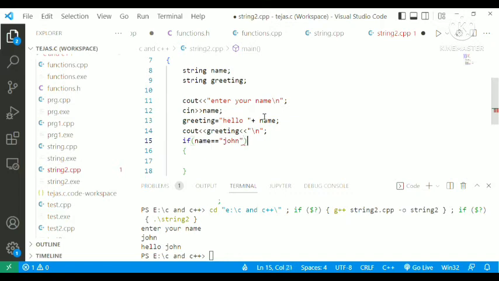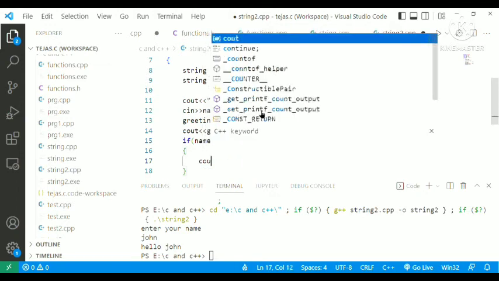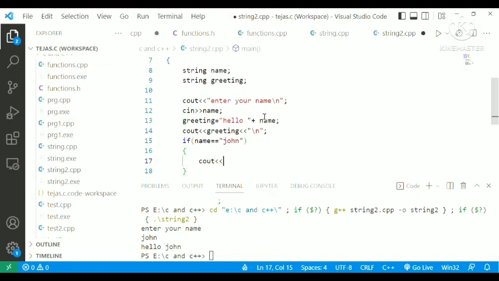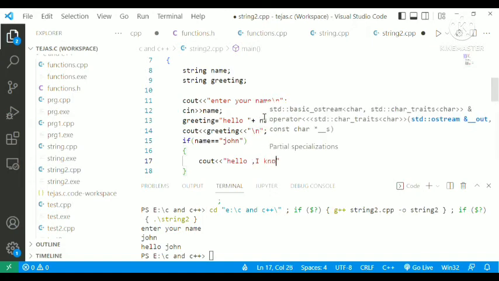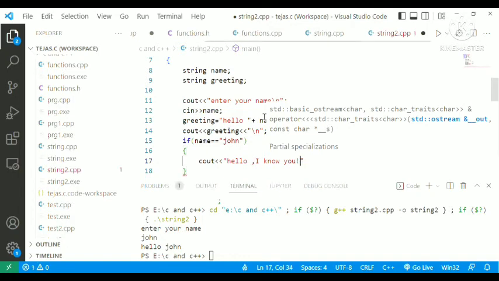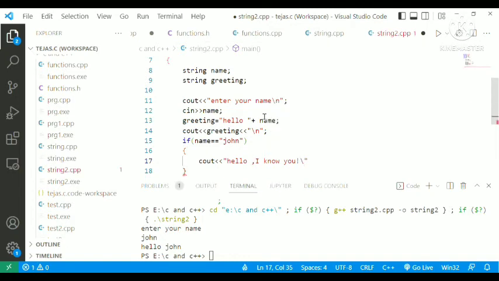If name is equal to John, I want to print cout hello, I know you. Yes, I want to print this if name is equal to John,